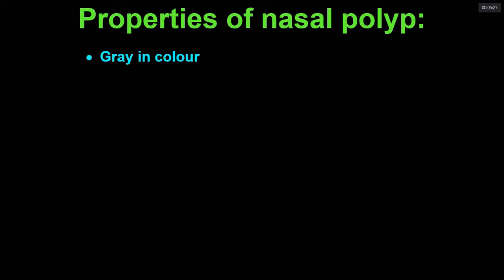Enlarged inferior turbinate is also a very common condition. You frequently get to see patients who come with the complaint of a mass in the nasal cavity, and when you examine the patient, you find that it is only a hypertrophied inferior turbinate. So the color helps you differentiate between a normal mass like the inferior turbinate and a nasal polyp. The nasal polyp is not pinkish, it is gray in color. It is glistening, it is shining, and when you use a light, it shines. It has a smooth surface.